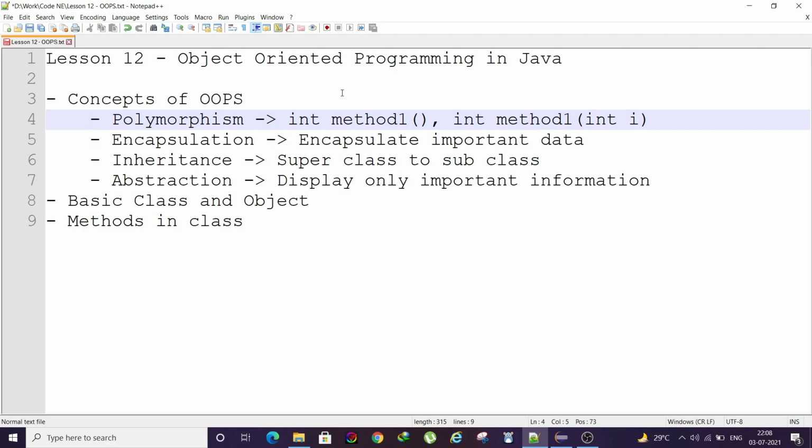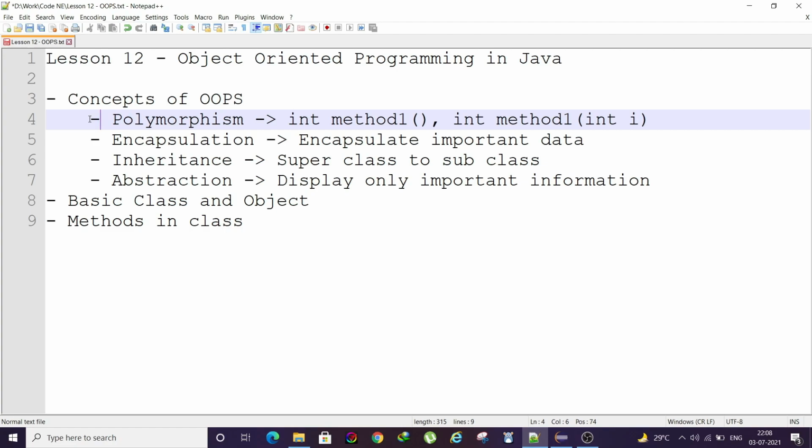The first property that is part of OOPS is polymorphism. What polymorphism means, in the word itself, is that something can exist in different forms.